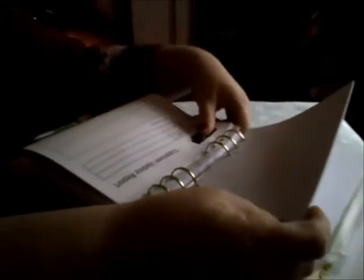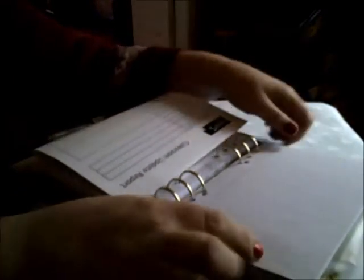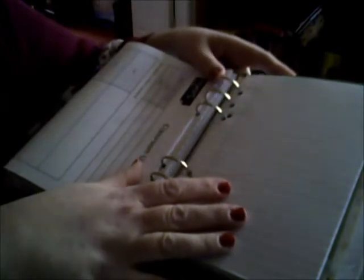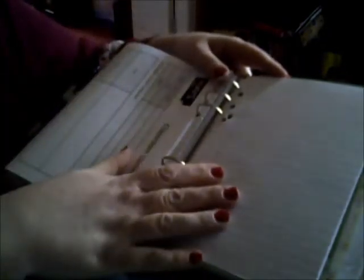The paper I use is just A5 pad from WH Smith's. It's wide lined. I have quite big writing when I get going. It has plenty of space, margin so I can make notes inside the margin. It's only got 2 holes because it's an ordinary file pad from WH Smith's. But of course, you just get your ruler, you're marking your marks, you get your hole punch and just go dunch, dunch, dunch. It's a restful thing to do when you're watching TV, and it makes a lovely mess that